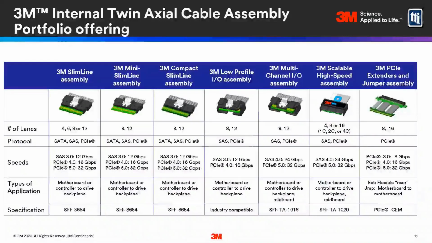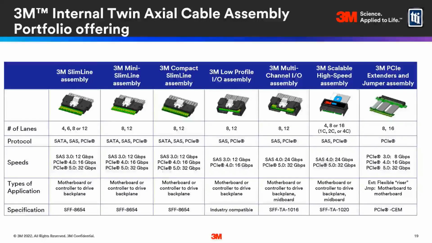So the cable can be terminated in various form factors. What we show here is a table of various 3M products with various form factors, all using the 3M brand twin axial cable. So the first three on the left, 3M Slimline, Mini Slimline, and Compact Slimline, all conform to the SFF 8654